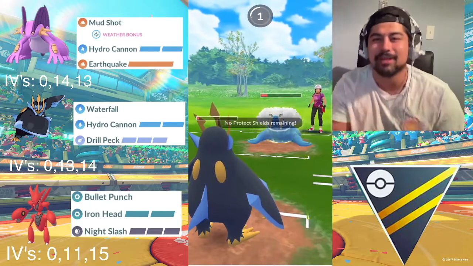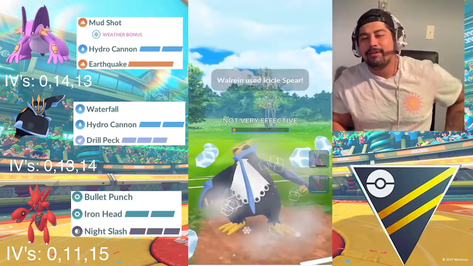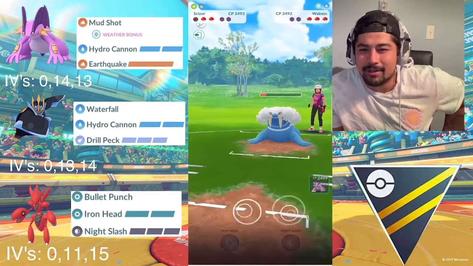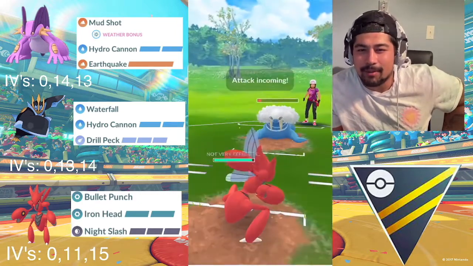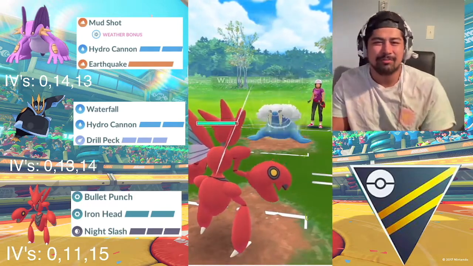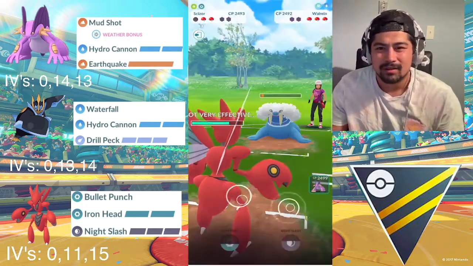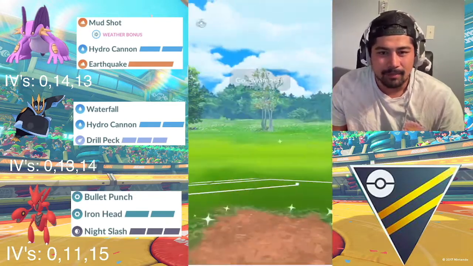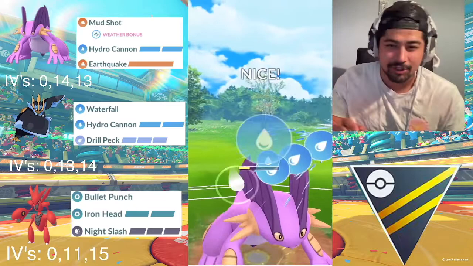That is absolutely amazing. And from here, I think I bring in my... Oh, they undercharge that. Very nicely done. But I bring in my Scizor anyways, and I'm hoping to farm all the way down before they reach a move, but that undercharge allowed them to get to a move. So now I am at a Night Slash, but I swap in my Swampert to try and maybe catch them